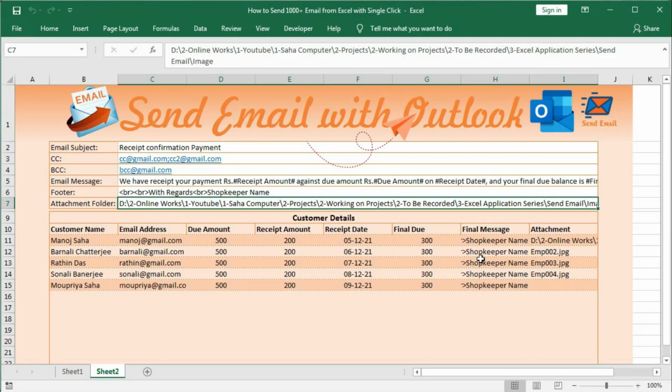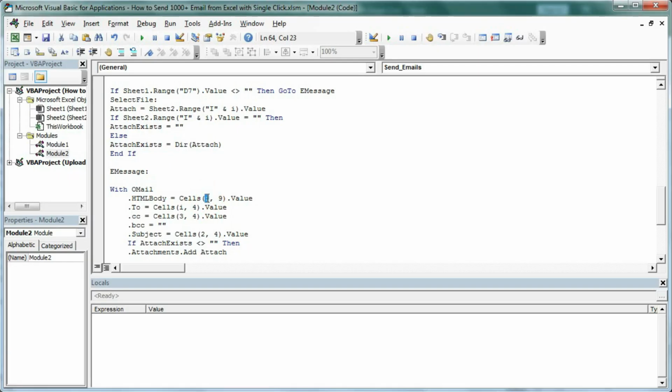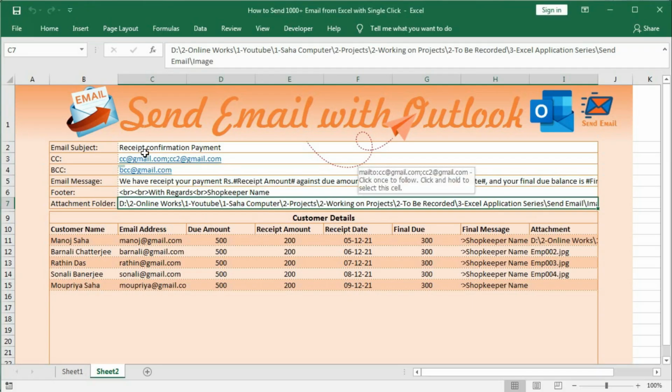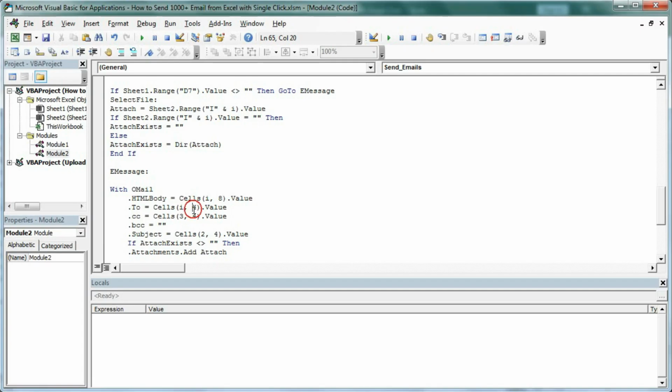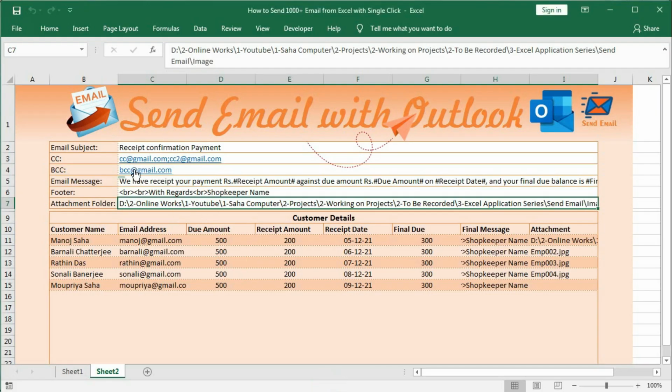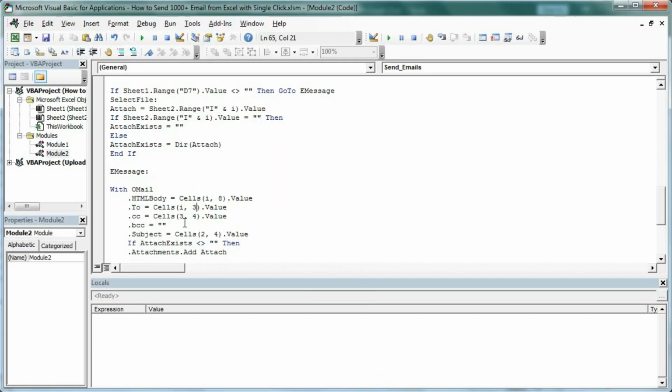So let's see here, it is H, the file message is this one, so it should be H and I. So go here, it should be, sorry, I is row number is correct, but 9, it should be H, that is why it should be 8. And then 2. Let's check here. 2 is on this column 3. So here it should be 3. Then CC, it is also in 3. BCC is also in 3. So CC3, BCC is 3. These are fixed.